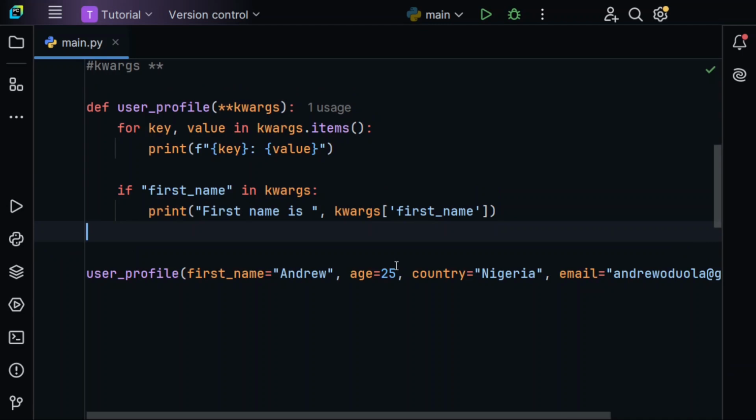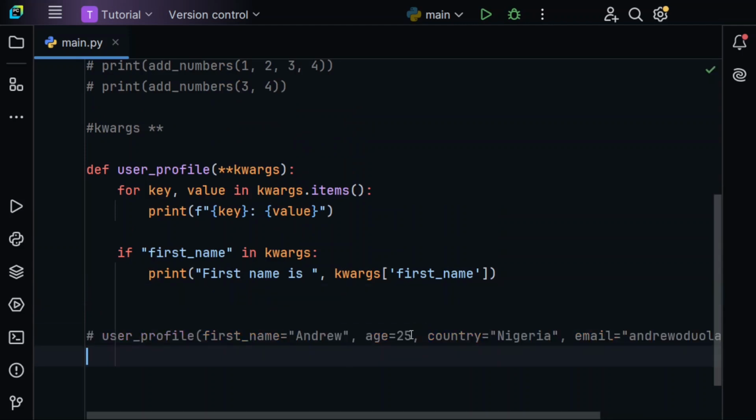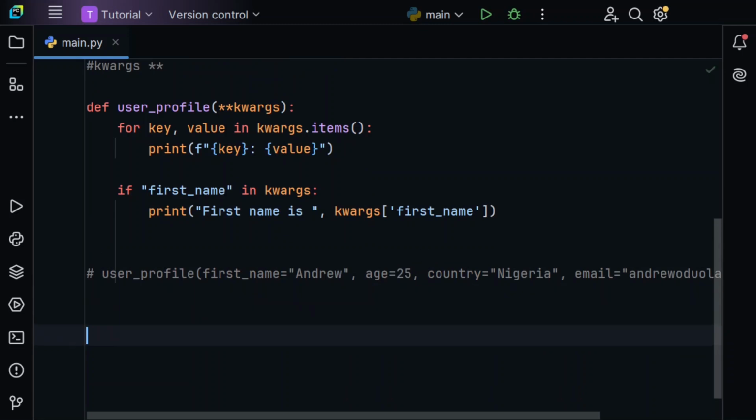In Python, of course, you can combine both args and kwargs in one function. So that makes our function able to handle any kind of input now. Let's say we're having a function that is particularly made to log events. So we're going to say function log event, and I'm just saying right here, event name,